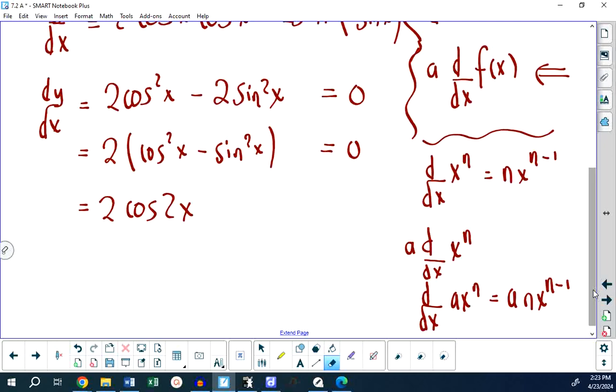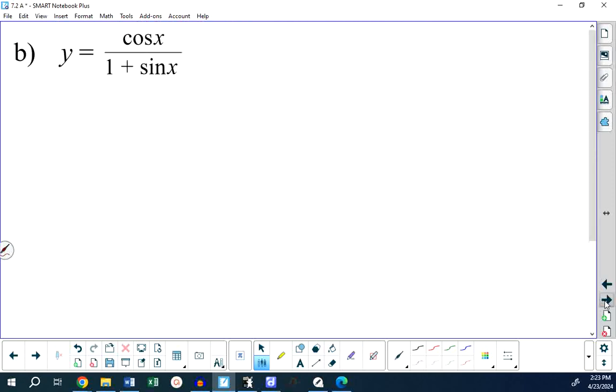So dy dx is this. The derivative of the function is this. Any questions with that first example? All right. Y is equal to cosine of x over 1 plus sine of x. Well, we're going to have to use the quotient rule,